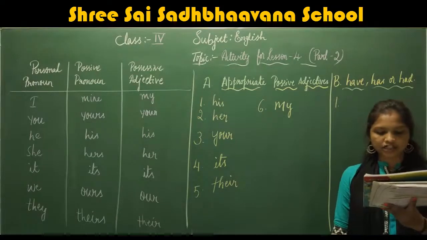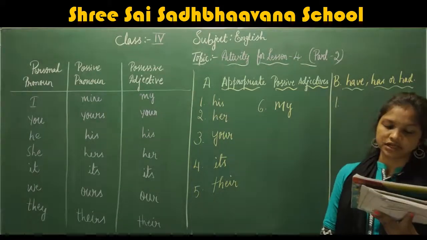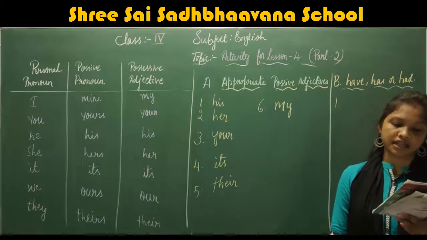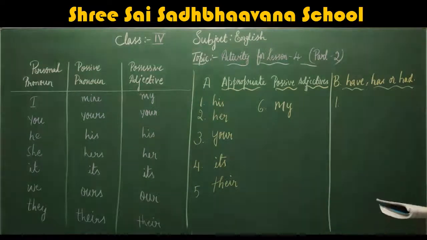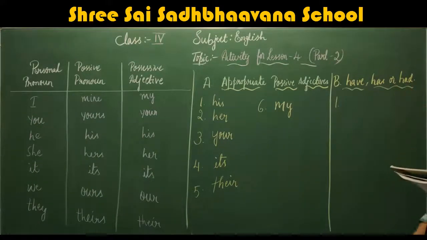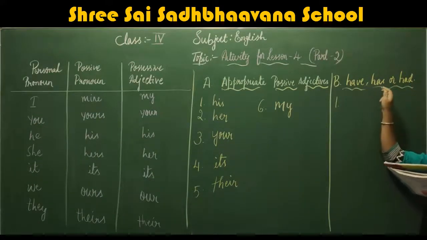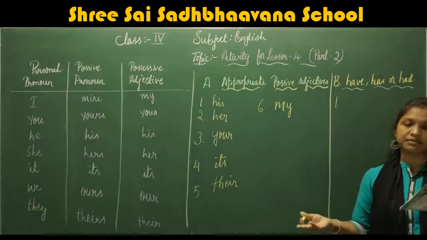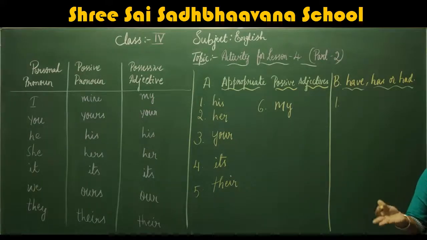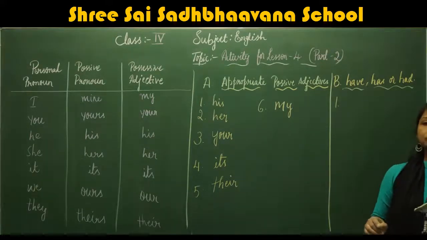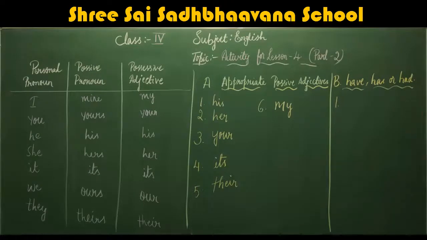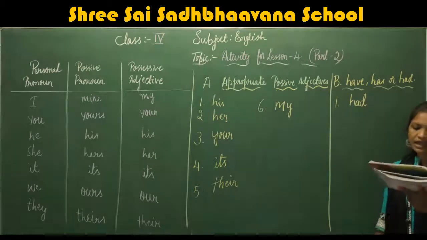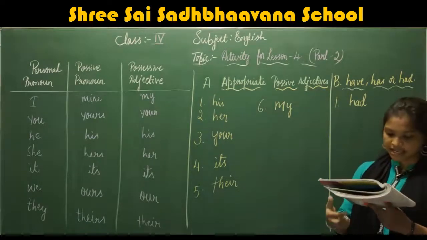Jimmy dash fun at the party last Saturday. Children, what do we have to use for the first one? Is it have, has or had? Had is the past tense of have. Your first sentence is giving information about last Saturday, which means the past tense form, an action which has already taken place. So we have to use had. Jimmy had fun at the party last Saturday.